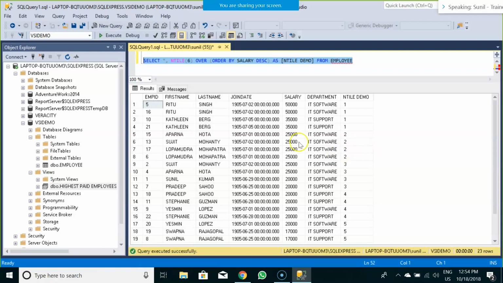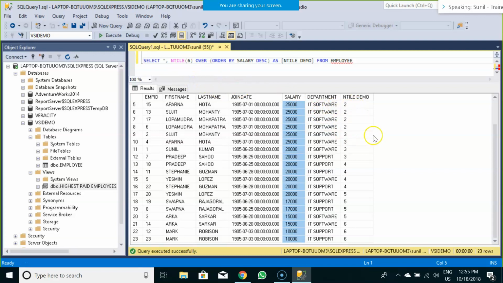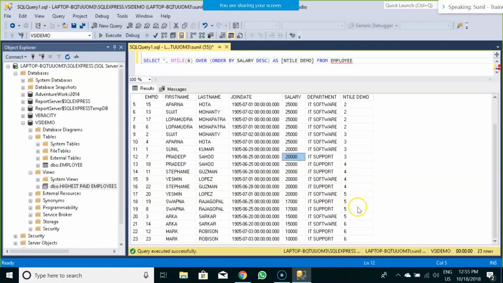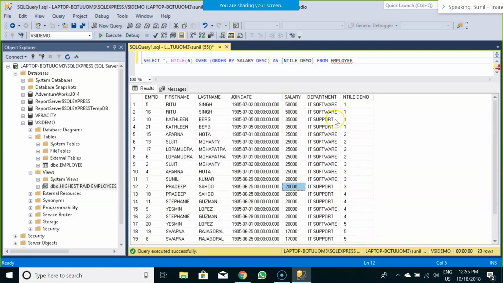In such a scenario, you can use the NTILE function, wherein instead of salary you would have the spends, whether monthly or annual spends of that particular customer, and depending on those spends you would apply the NTILE function and segment those customers. Which customers fall into segment 1, which fall into segment 2, third, fourth, fifth, sixth, and depending on those segments you go about suggesting them offers.